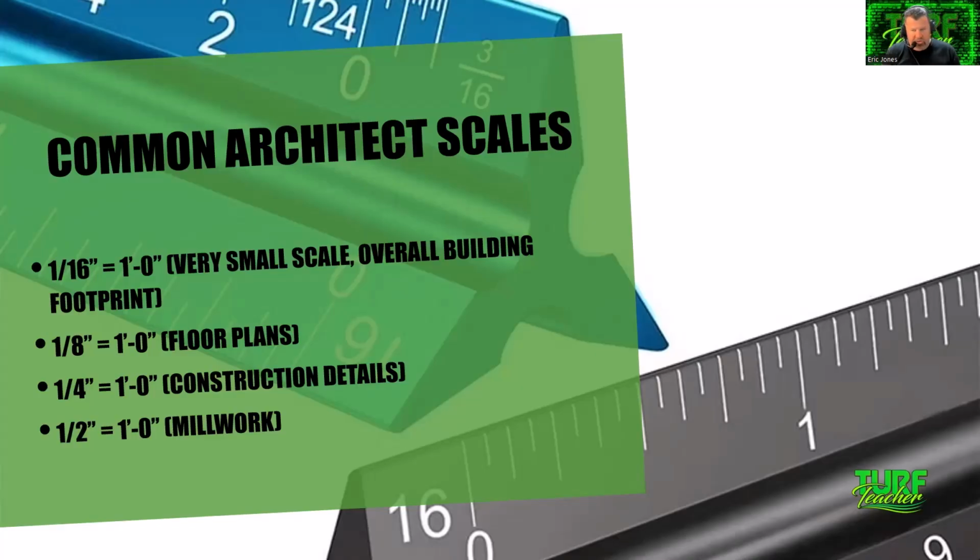When we look at engineer scales, it's going to be 1 inch equals 10 feet or 1 inch equals 20 feet. And we'll talk a little bit more about that when we jump over to the engineer scale. Now, I have seen plans 1 inch equals 30 and 1 inch equals 50. And I have seen some larger blueprints, or if they're doing more of an overall site plan inventory and analysis where they're using ArcGIS and all that, I have seen prints larger than that or scales smaller than that where it shrunk it down,